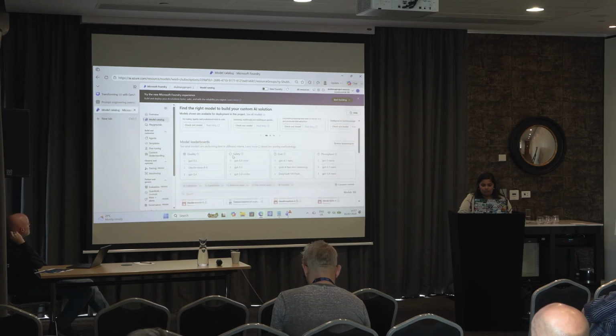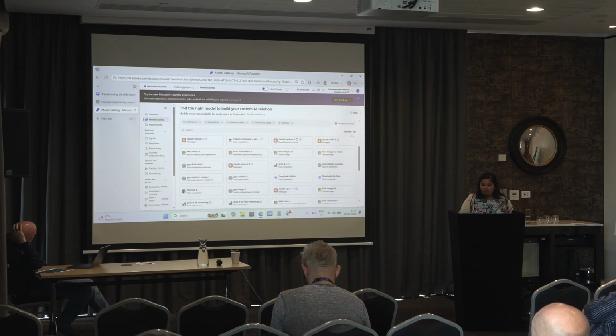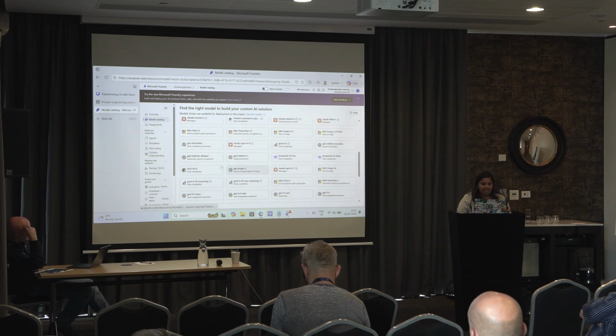This model catalog basically gives you the entire list, and you can see there are almost 182 models now. I think Grok 4 was released last month, I think in April, which was released into Foundry, and I think Fable 5 was added last month, but I don't know, it hasn't worked for me since then, so it's a bit in between.